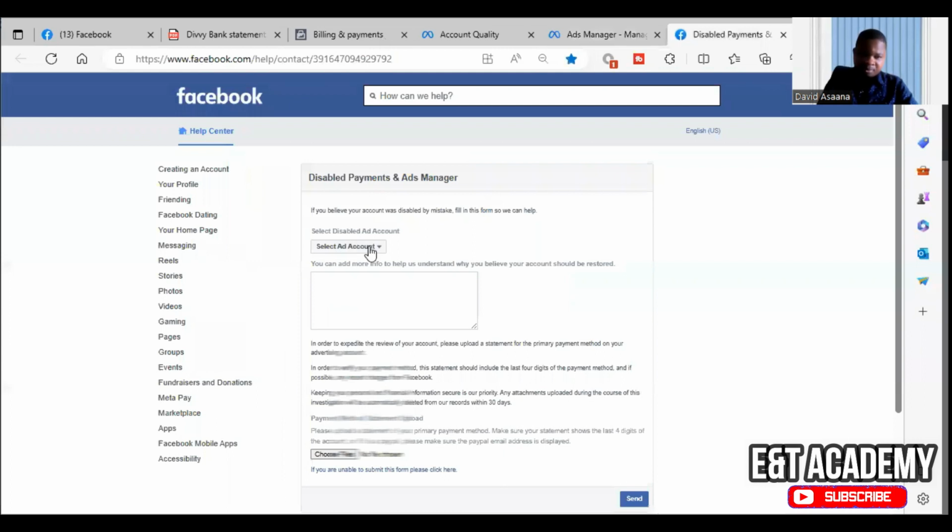If you have come to this disabled payments form, you have to select your ad account, then you write something. Then they will indicate that in order to expedite the review of your account, please upload a statement of the primary payment method on your advertising account. In order to verify the payment method, this statement should include the last 4 digits of the payment method, and if possible, any recent transaction or any recent charges from Facebook. So you have to request for a bank statement indicating